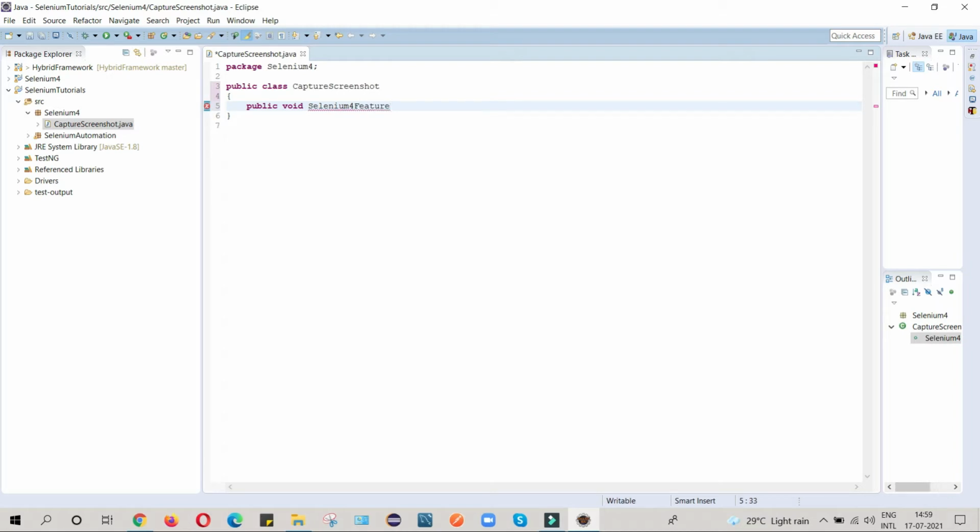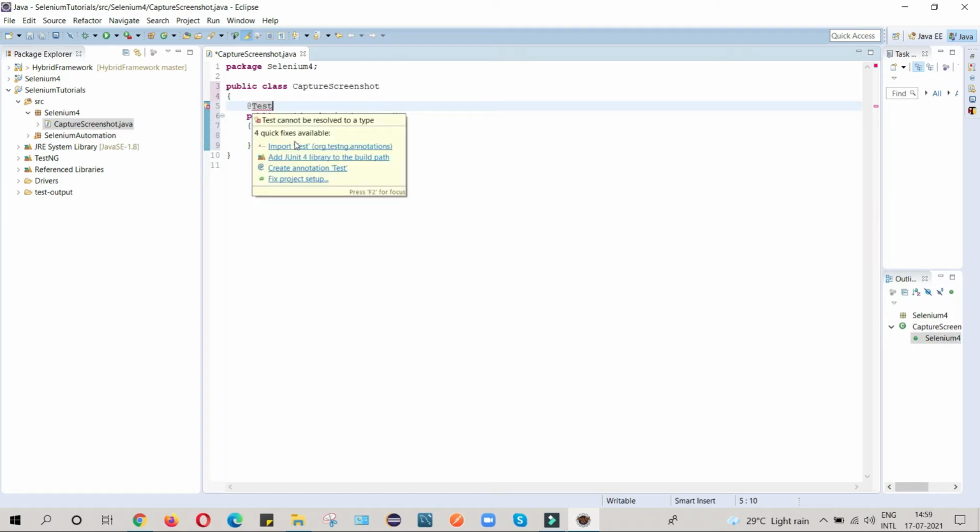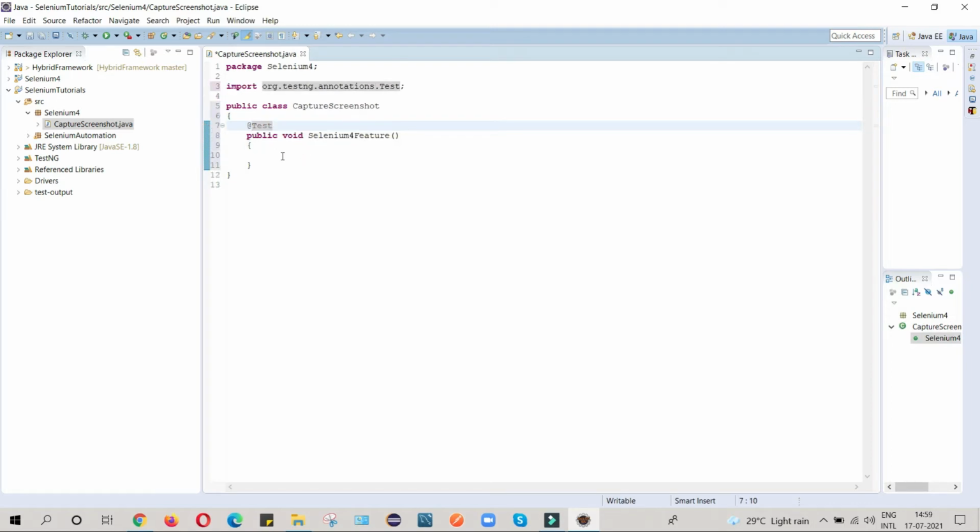You can give any name. Here I will initialize my WebDriver Manager. Before this I will write @Test, and import this TestNG annotation.